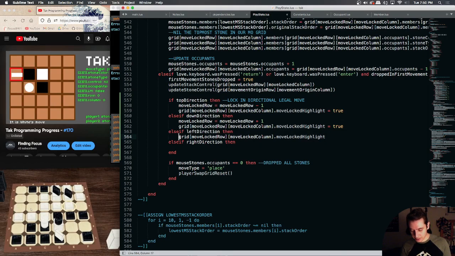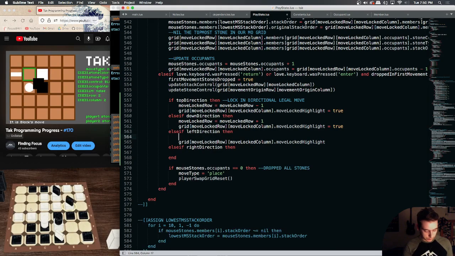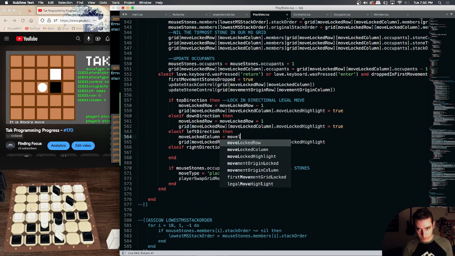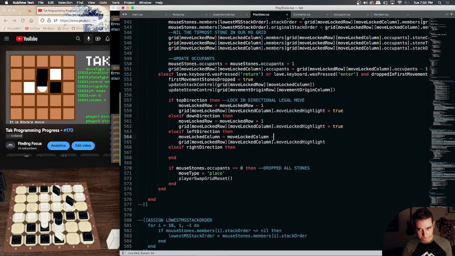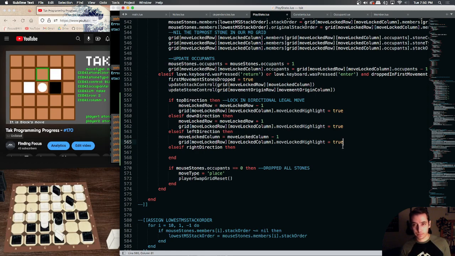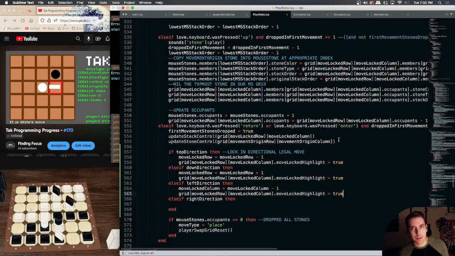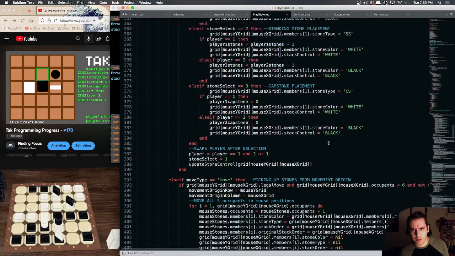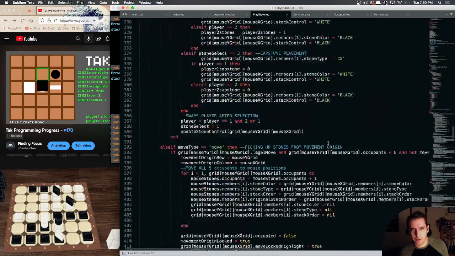Left direction means same row, column -1. So we'll update our move locked column to get itself -1. Then we make it so that we lock in that dark green highlight at that next grid, the grid it would be moving into. But then we need to, I guess it depends on how we're dropping stones. Right now we're dropping stones if,